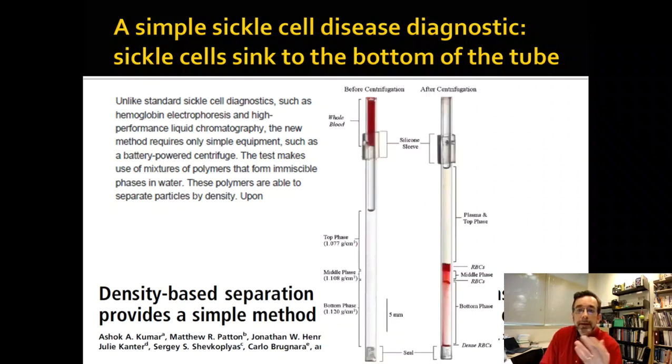assay. You put your blood in the tube, and you have some other stuff in the tube to make it a little bit gel-like and thick, so that the blood will have something to pass through. And it turns out that if you separate the blood, the red blood cells will go halfway down the tube, but the dense red blood cells, which will be sickle cells, will go all the way to the bottom.